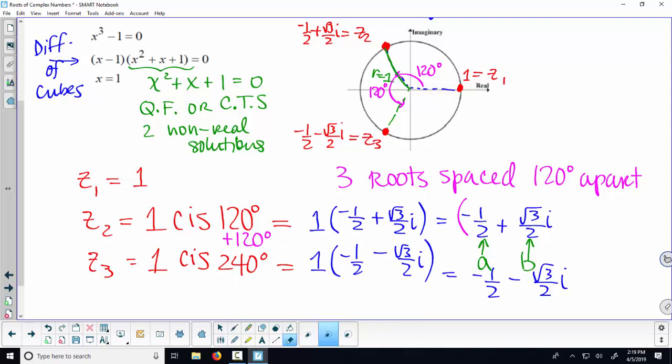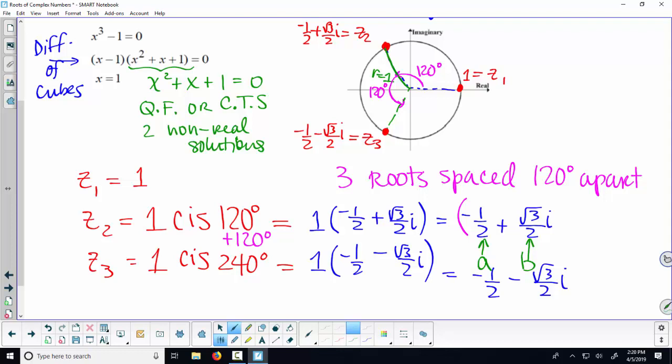That's up to you which way you do that. I would think if it's big numbers, big roots, I would definitely use de Moivre's. So I have my 3 roots. So that's the procedure that we use to find the roots of a complex number using the trig form,